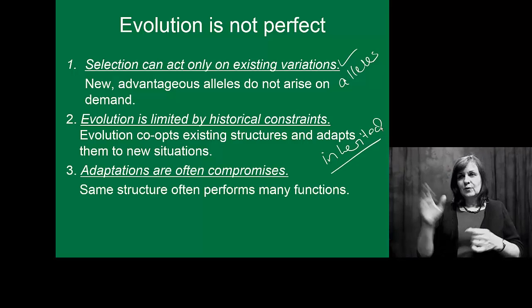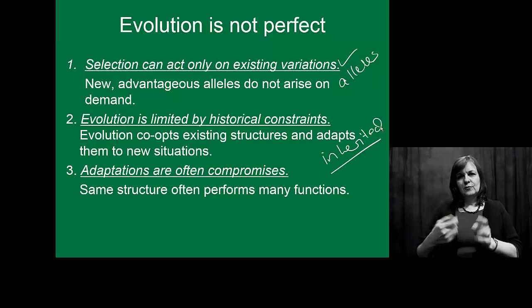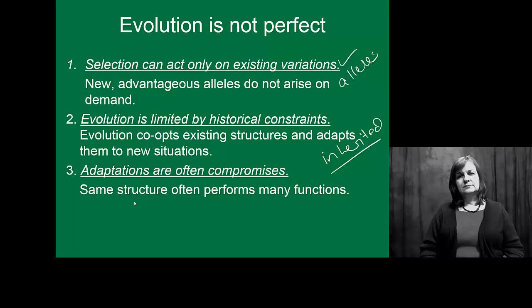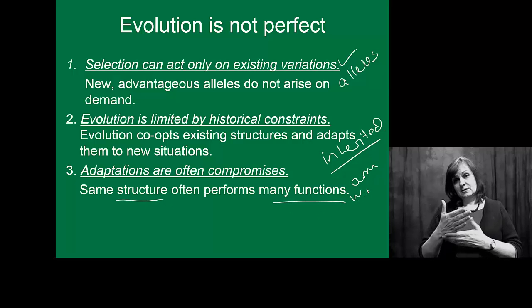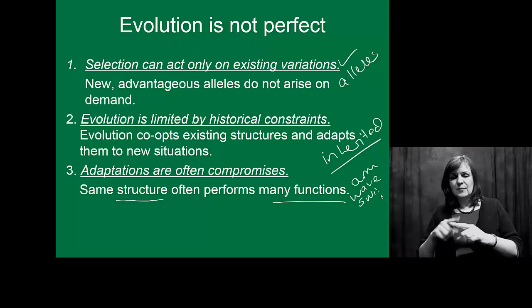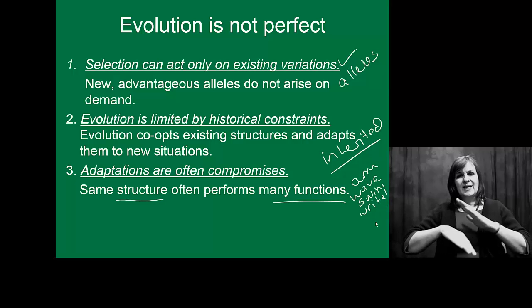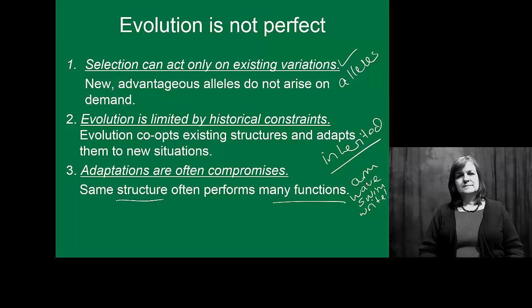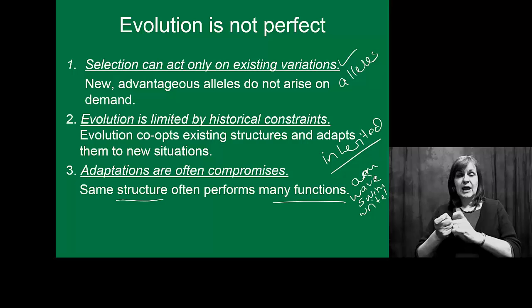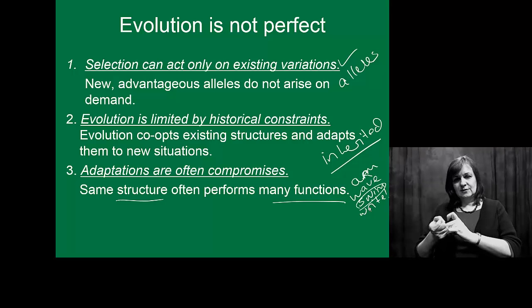We have to look at the fact that some adaptations are simply compromises. So we'll look at a structure performing many functions. So with your arm, you can wave, you can swim, you can write things. But are any of those things perfect? Well, some of them are really good, but I wouldn't say that any of them are perfect. You could find way better ways to swim than with that arm you've got sticking out the side of you,